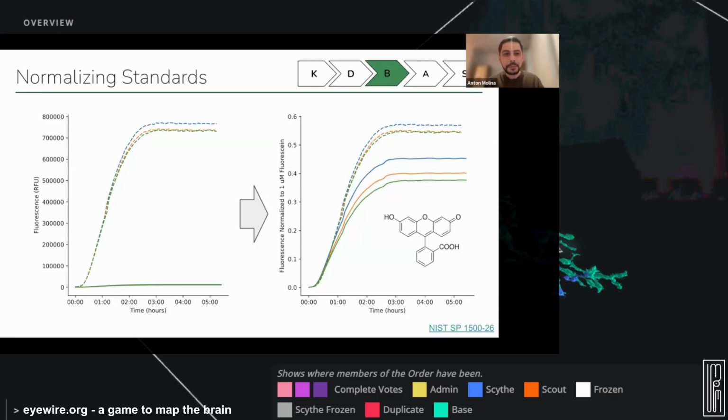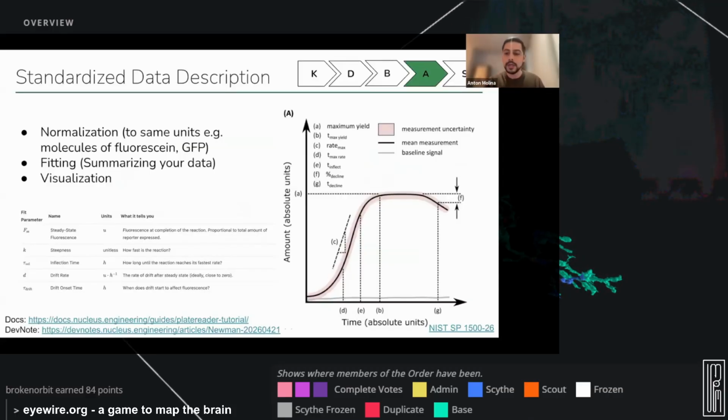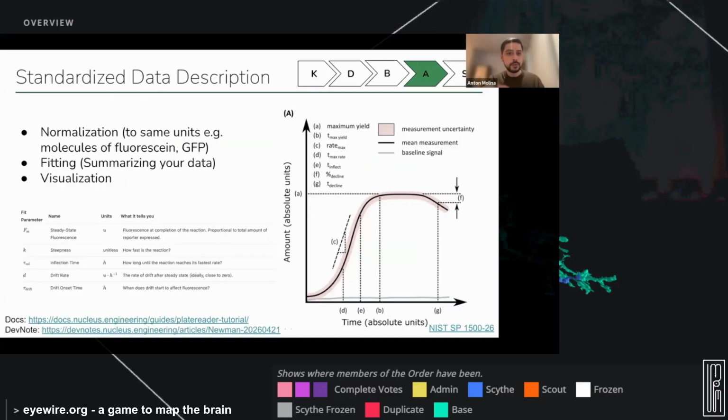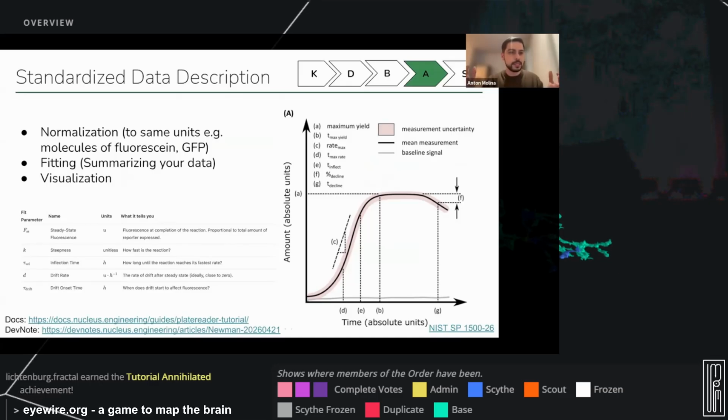And so this is a key bit that will help us unlock a little bit of the interoperability that we're after. The next part is analysis, right? Here on the right is a figure from a NIST report that was recognizing that everyone in the field uses this de facto assay, the GFP fluorescence assay, which is great that everyone roughly agrees that that should be done. Problem: everyone does it in a different way and leaves a lot of information on the table,